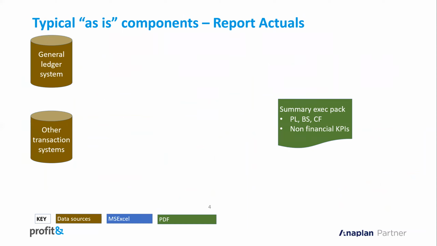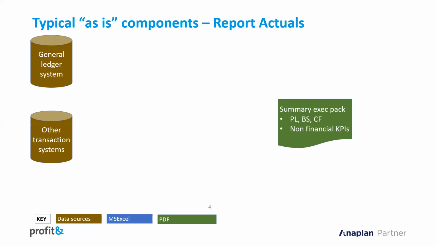And nearly all finance departments produce some form of executive pack, some summary, although I have seen executive reports which are 40 pages and about 2 million lines being sent out to the directors. Typically that's not the case, so people do summaries, and often that exec pack is produced in some way in